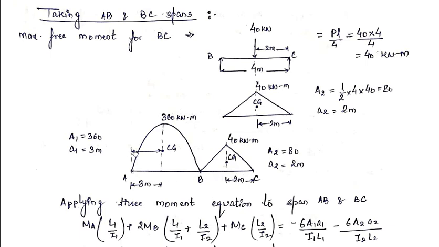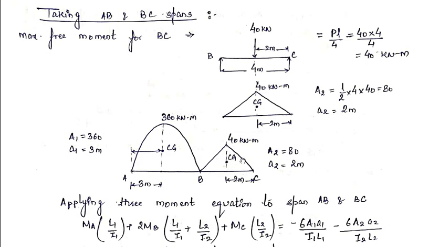For AB, the bending moment diagram was like this, just the same as we calculated while taking the A0A and AB spans. And for BC, this diagram will be there. Now let's find out the value of capital A1. Capital A1 is the area of this parabola which we have already calculated. Small a1 is the distance of the CG of this area from support A. Now this parabolic area is symmetrical, therefore the CG will be at the center of the span. This span was 6 meters, therefore the CG will be at 3 meters from the A support.